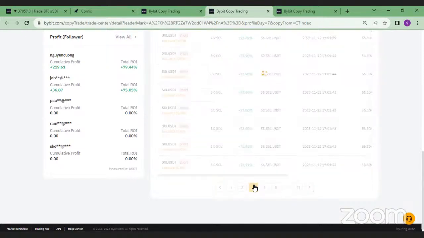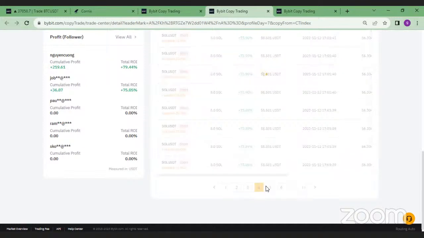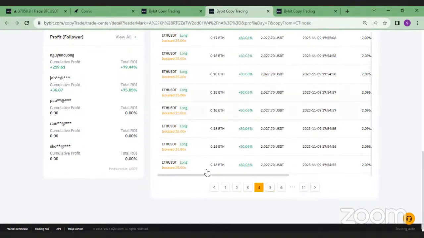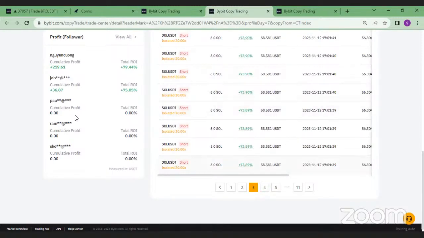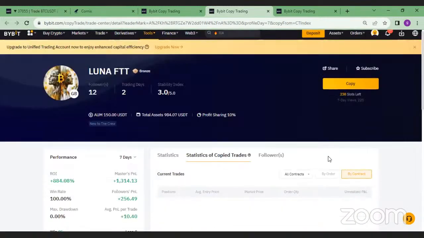So this trader is actually good at shorting. And then it seems that this person trades only Solana. Okay, there is equally an Ethereum trade here and all of that, right? So the trader is good at what he or she is doing, always shorting Sol and always getting it right, as you can see there, always making money. So out of 85 trades, this trader is up there and all of that. So this is a good indicator,